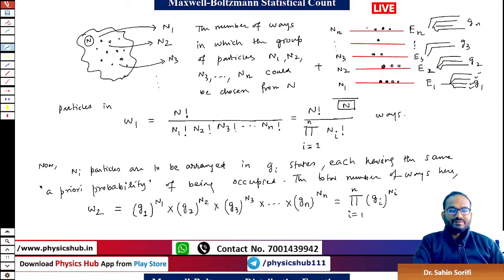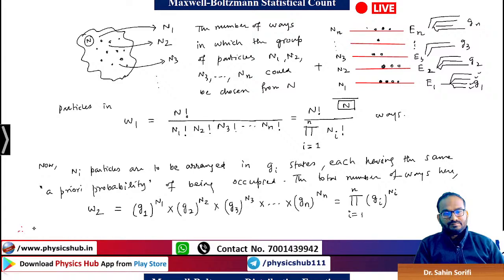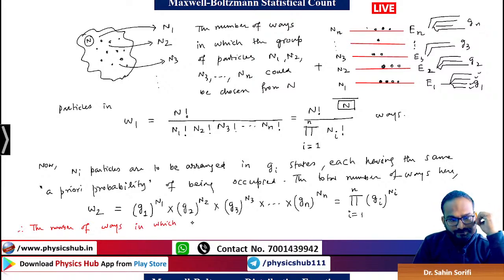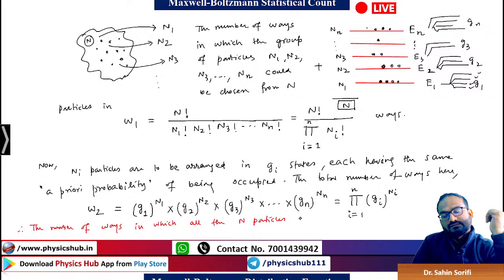Therefore, we can say that the number of ways in which all the n particles would be distributed among all the quantum states